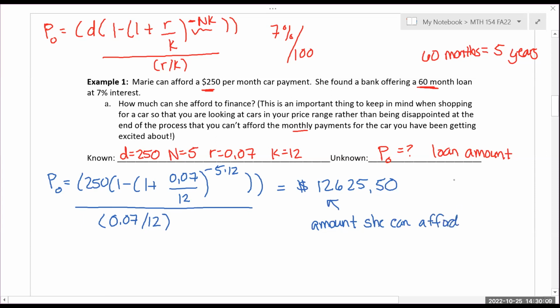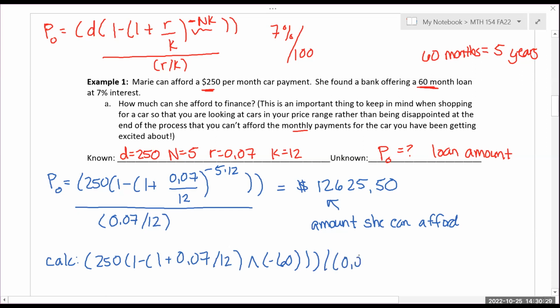All right, so if you have a different calculator, here's how you type it all in. Parenthesis 250, 1 minus 1 plus 0.07 divided by 12, caret negative 60. And again, I'm just following all of these, divided by 0.07 divided by 12. And there we go. You can always do it piece by piece too. So you can afford to finance